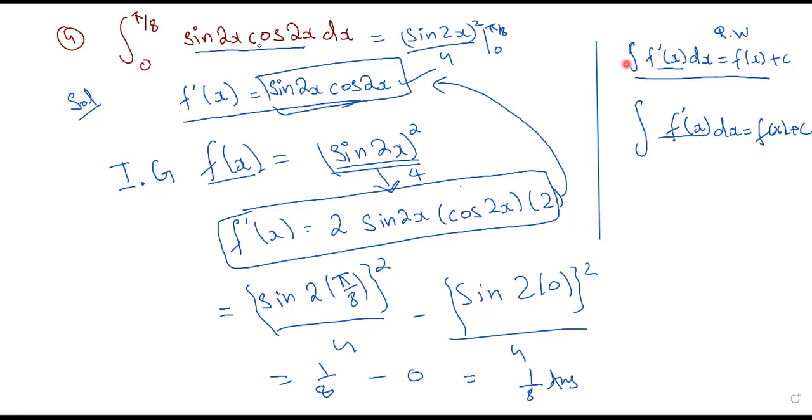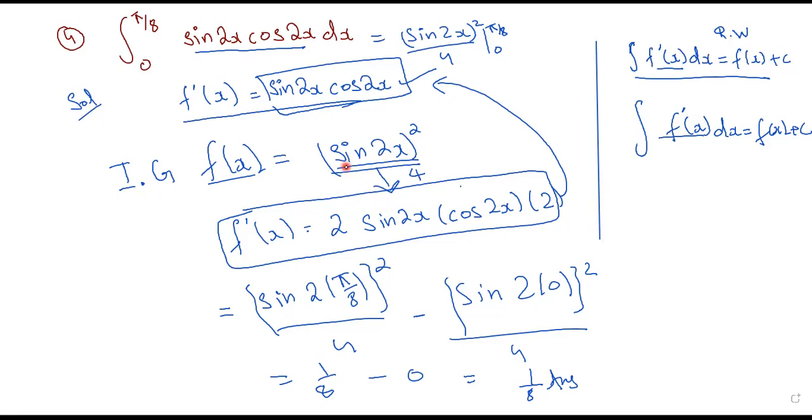If you have sine 2x cos 2x, you need to think of a function whose derivative is sine 2x cos 2x. Do you get it? Yes. Are you sure? Yes. Before, in the initial guess, why did we square sine 2x? Okay, because look, we know that if we have sine 2x squared, only then would I get this sine